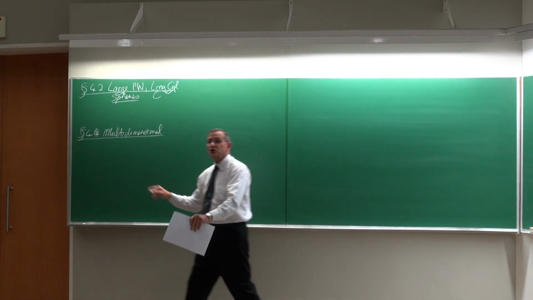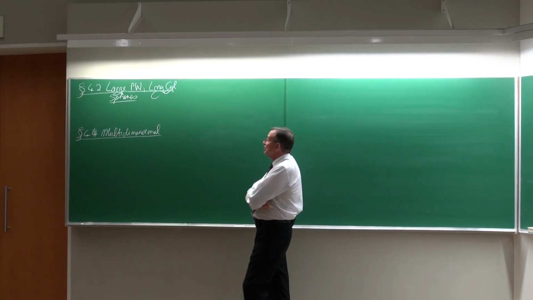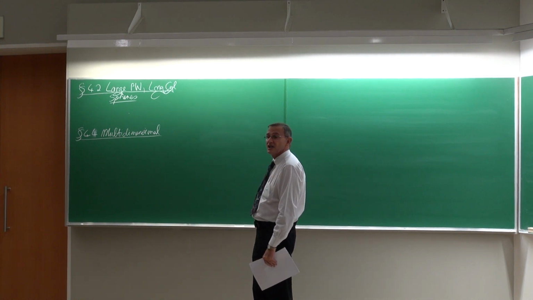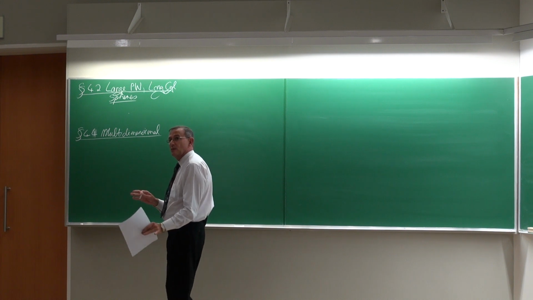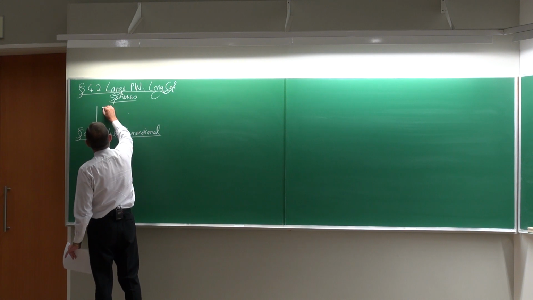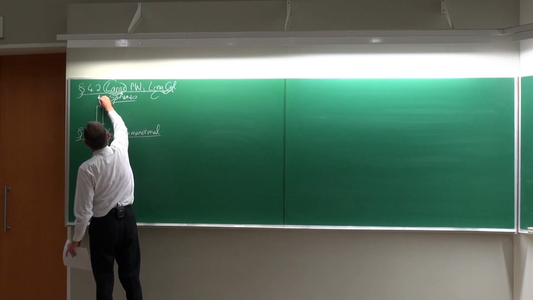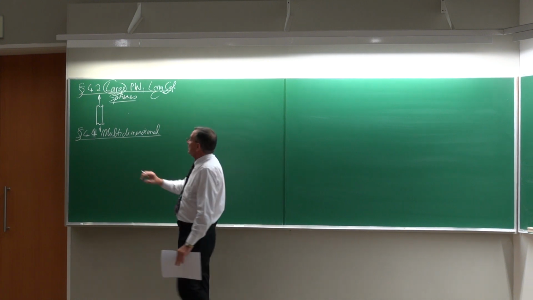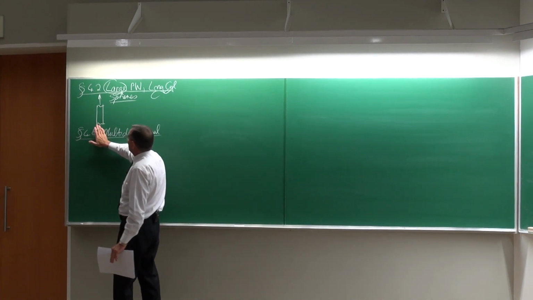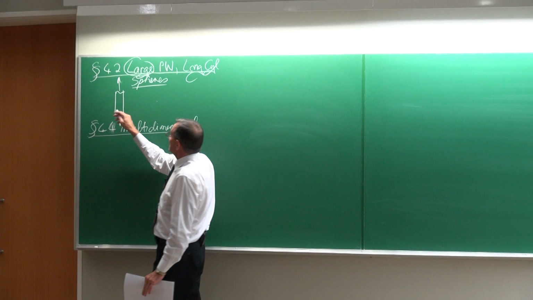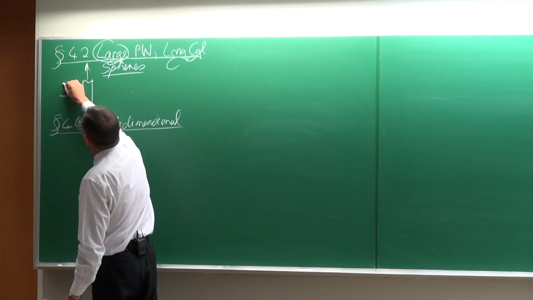But before we continue with 4.4, I just want to go back to 4.2, which was large plane walls, long cylinders, and spheres. What is very important to remember is that when we looked at a large plane wall, and that's specifically the reason for the word large, it was very long in terms of the thickness of this large plane wall. So in general, there will not be any heat transfer from that surface and that surface. So the heat transfer rate would have been in one dimension,